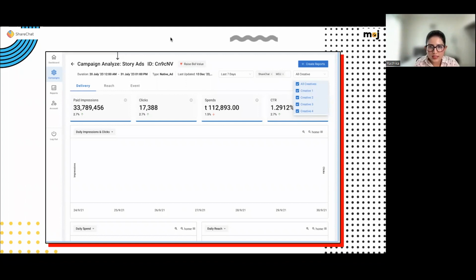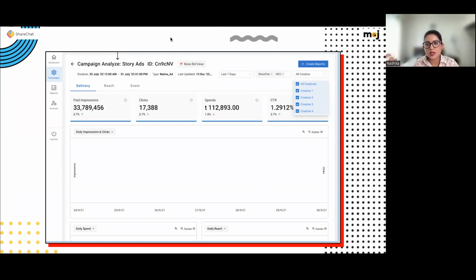If we look at the top right hand side corner, we have the time period. We also have the platform, and we have creatives as well. What we're doing with this build itself is that we're also adding the capability of grouping multiple creatives during the analysis process. So if today you go and see on the platform, you'll be able to filter by individual creative. You will not be able to select multiple creatives and look at them as a group, right? Under the analyze section, you can always do that under the reporting section, but in the analyze section where we have graphs and pie charts, right now we only support a single creative, in terms of analysis.